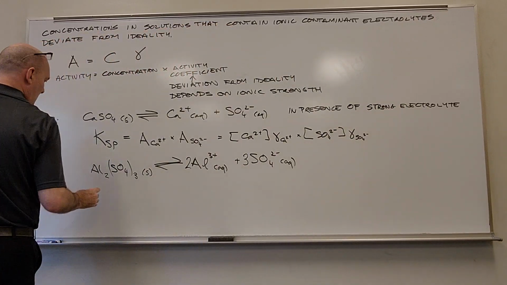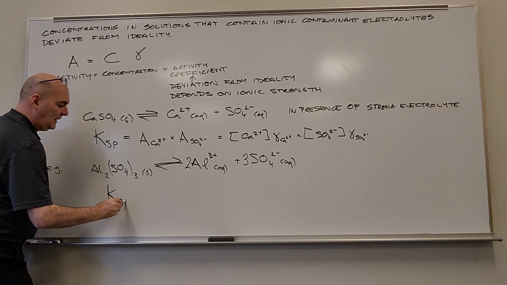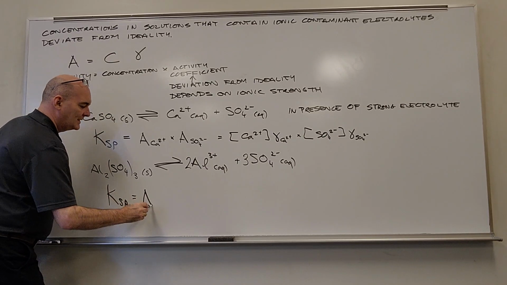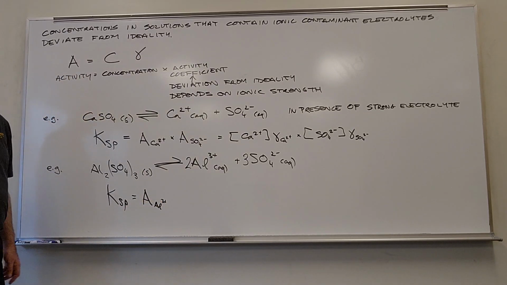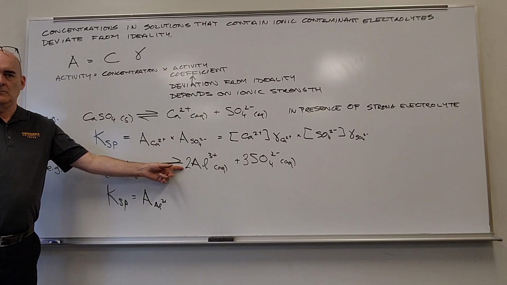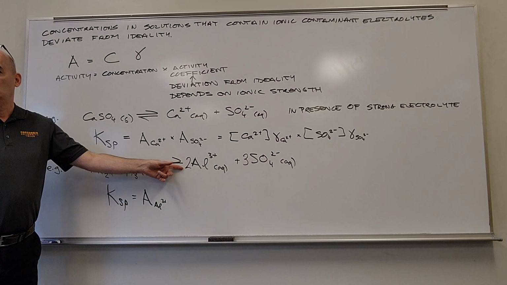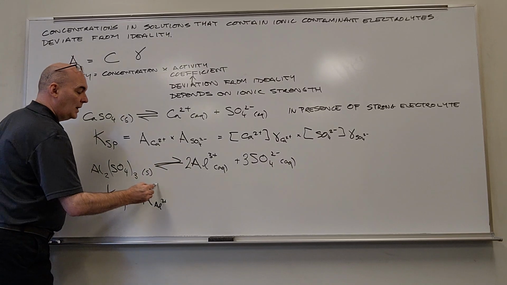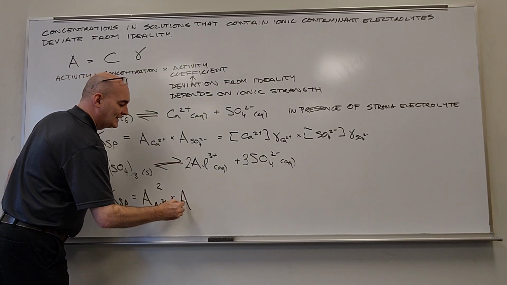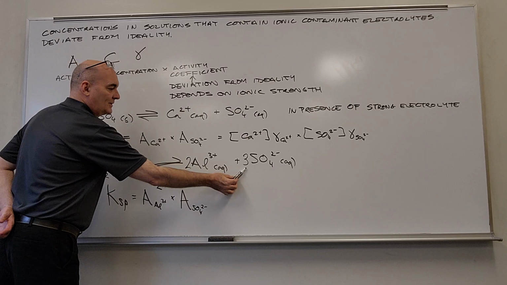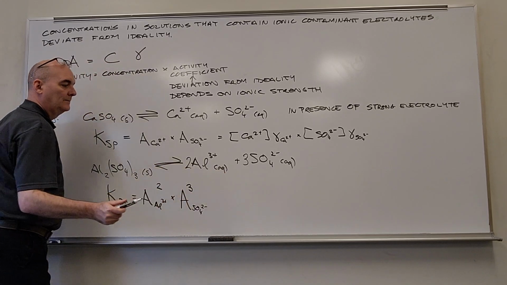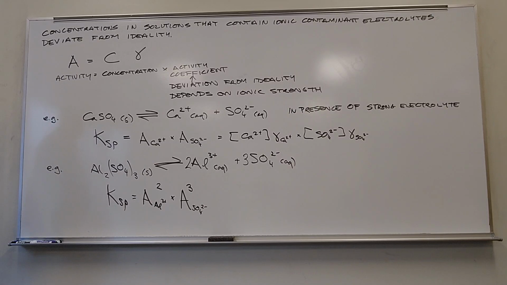Okay. So the KSP for this is the activity of the aluminum 3+, raised to the power of its coefficient in the balanced equation, squared, multiplied by the activity of the sulfate, raised to the power of its coefficient in the balanced equation. Okay? Now we don't know what the activities are,